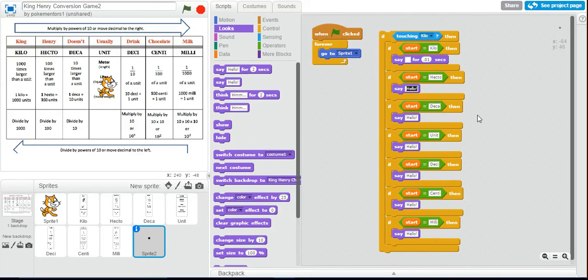Now, if start is hecto, we are converting a hectometer or a hectoliter or any unit. We're converting from hecto to kilo. So we want to divide hecto by 10. Okay? And then here we will write divide deca by 100, divide unit by 1,000, and we continue on with this, just adding a 0 to the end of each value. Oops, I wrote unit again. Divide milli by